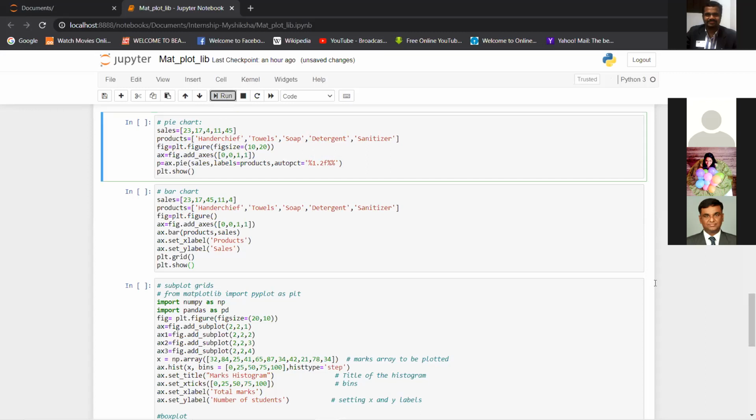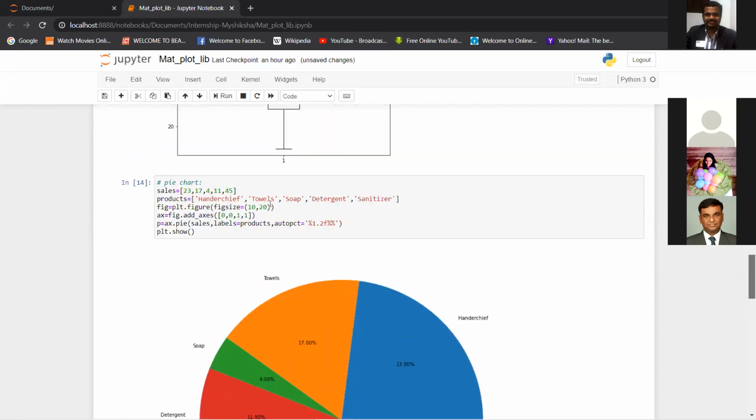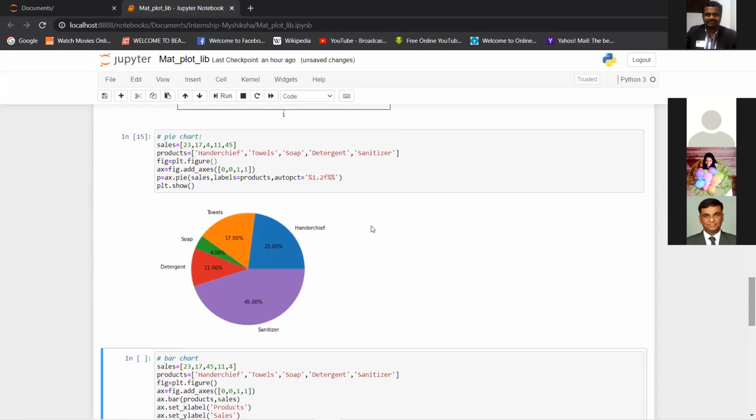See, now the pie chart is huge, quite huge. So the figsize parameter you can use. 10 and 20 are inches. But don't use it for the normal pie chart size.